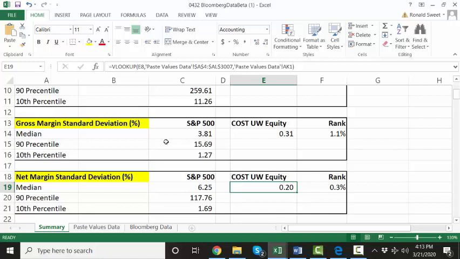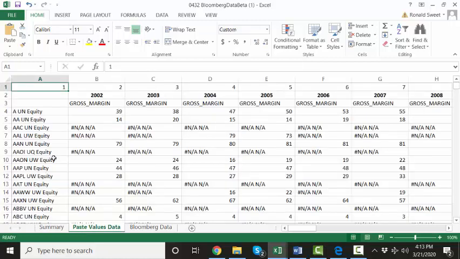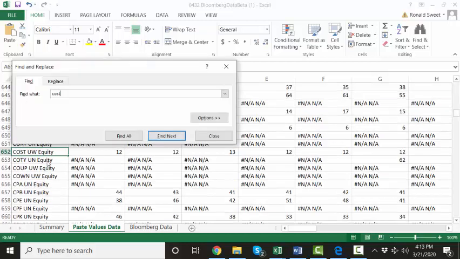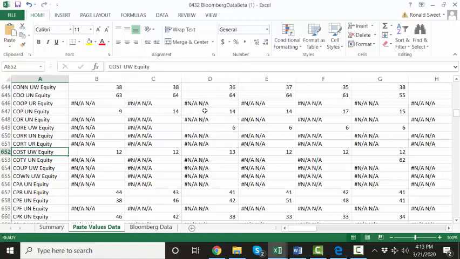I can see with gross margins a firm being very, very stable, but to have a 0.2 standard deviation of net margins is just absolutely ridiculous. Let's look at the numbers themselves. So we go to the pace values. You don't have to do this for yours, but just out of interest, I'm going to do a search for Costco. And so you see Costco, and we start off with the gross margins, and you can see 12%, 12%,